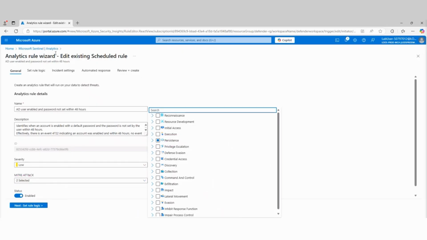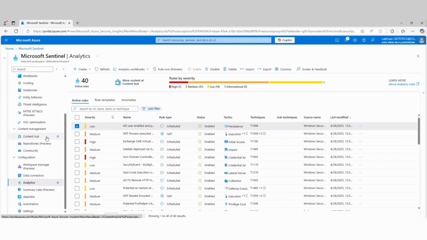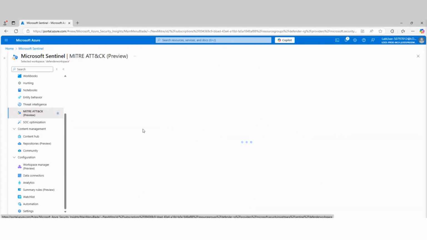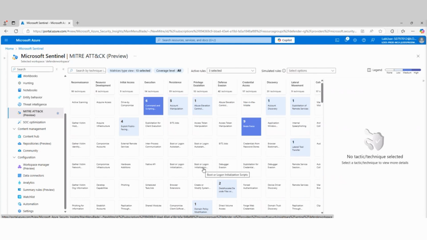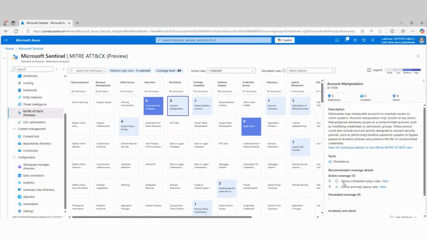what will happen is at some point, usually within a few minutes to an hour or so, the box will be checked here also. Whatever type of attack that was, I think it was persistence. So for that one, it's going to be one of these, which is probably account manipulation. It's one of my 2 scheduled query rules.